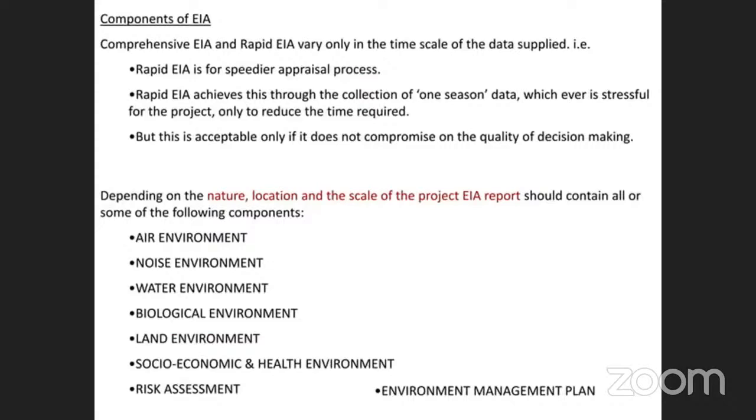Next, depending on the nature, location, and scale of the project, the EIA report should contain different components: air environment, noise environment, water environment, biological environment, and land environment, socio-economic health environment, risk assessments related to the project, and environmental management plan. How we minimize the adverse negative impacts, how we conserve the natural resources, how we prevent the pollution levels with the project, what technologies are adopted for the project, and the required design for the project,